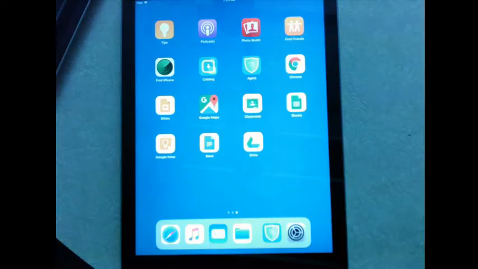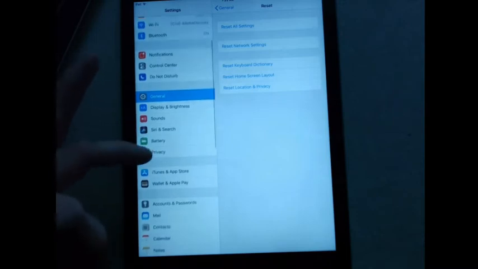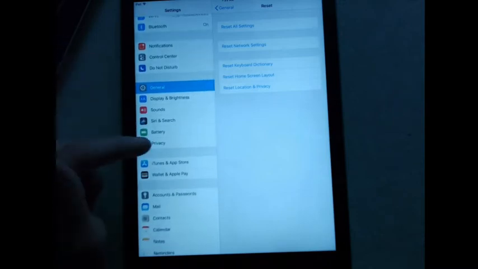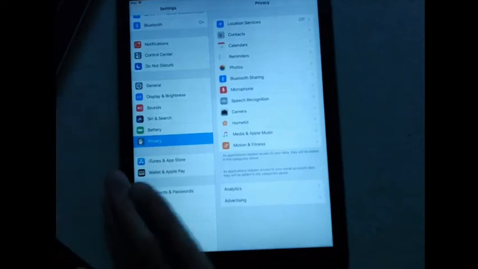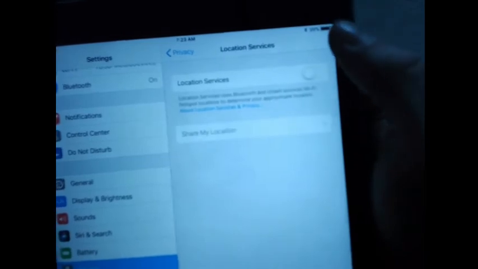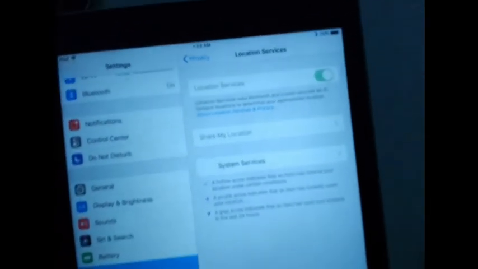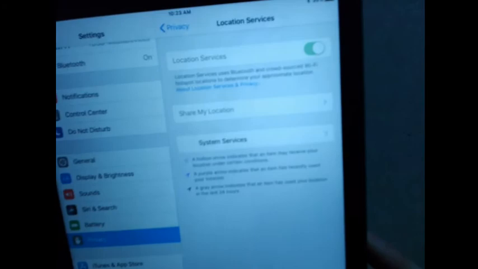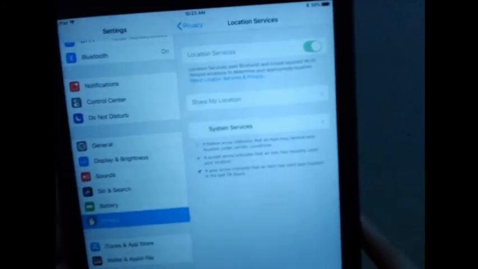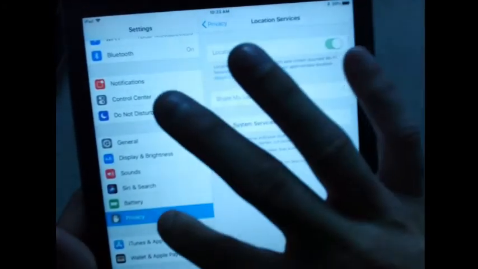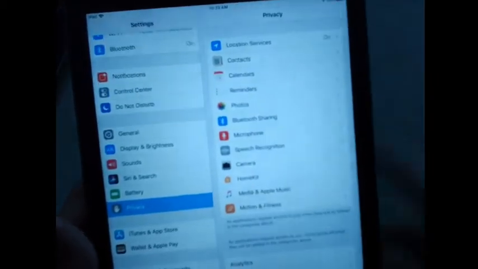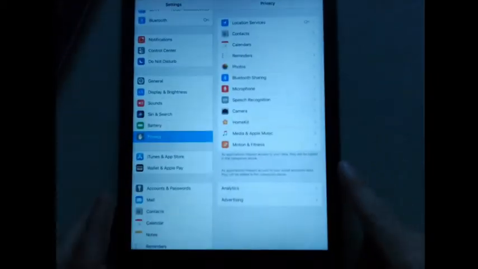One is the location. So let's say I physically can't find this iPad. What you would do is first make sure that on all your iPads you turn on location settings, which is under Privacy, and then Location Services at the top. Unfortunately, you have to manually set this on all your iPads. There is no way to force an iPad to have location services on, even with AirWatch. So you have to go into Settings, Privacy, and then Location Services. And now this iPad has location services turned on.